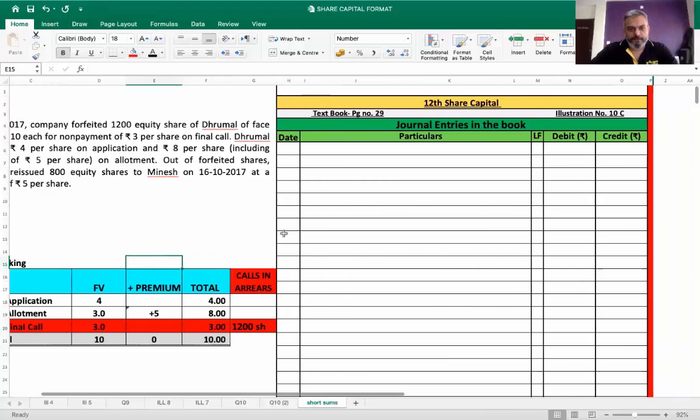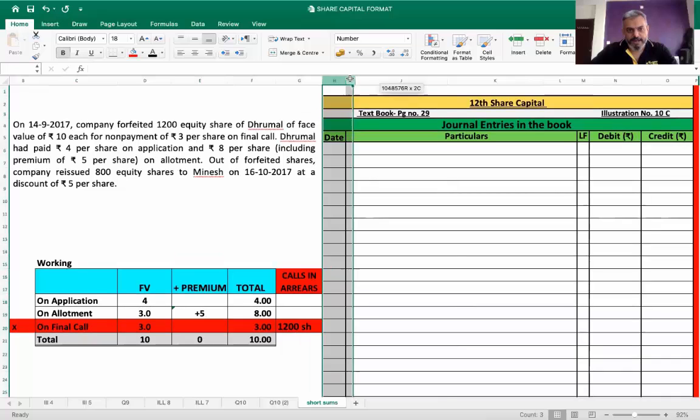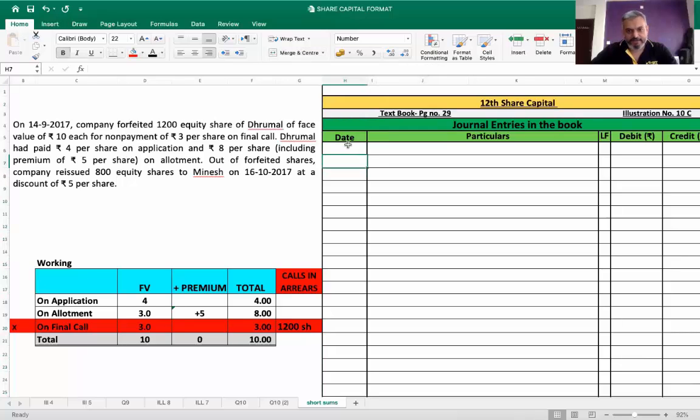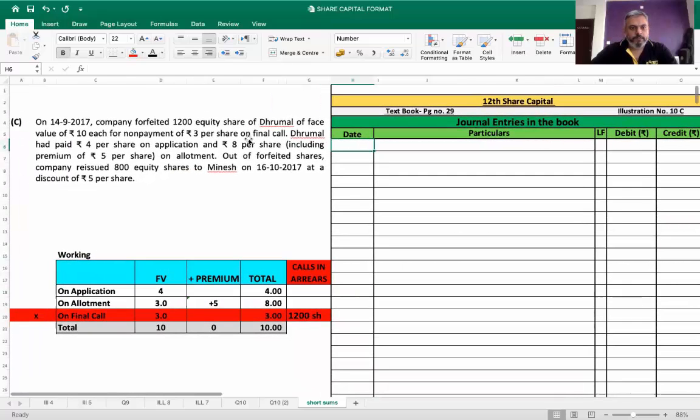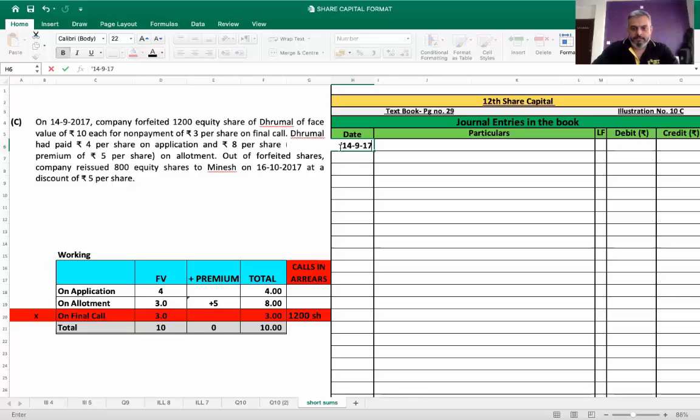Now, let's first pass the entry for forfeiture. Over here, date is given. So let's write the date and do the sum. Because dates are given, so we write the date. 14/9/2017. We write the entry for forfeiture. So equity share capital account